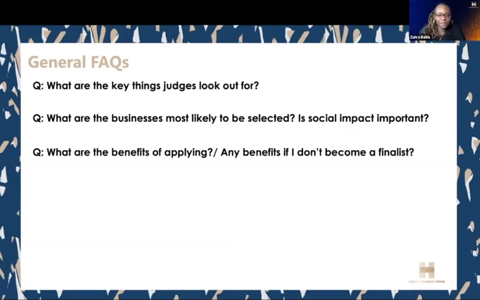You'd have spent a lot of time on the application, and we want to be sure you have the records. So you have your answers, and you can leverage them for other applications. You can leverage them for pitches, in improving your pitch decks. So we think that there are many benefits of applying. And also, if you submit an eligible and complete application, you stand the opportunity to become part of the wider Africa Business Heroes community.